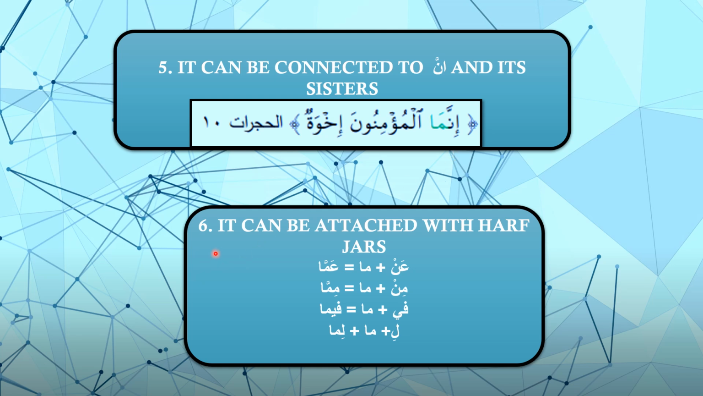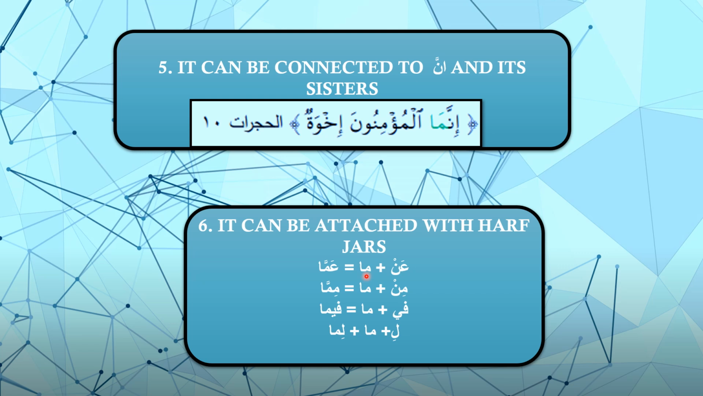And now the sixth point is it can be attached with harf jars. So here I have given some examples. An plus ma. So you will see the noon has been deleted. Amma, the meem has a shadda. And min plus ma, I mean min with noon sukun and ma will give you mimma. So here harf jar and ma